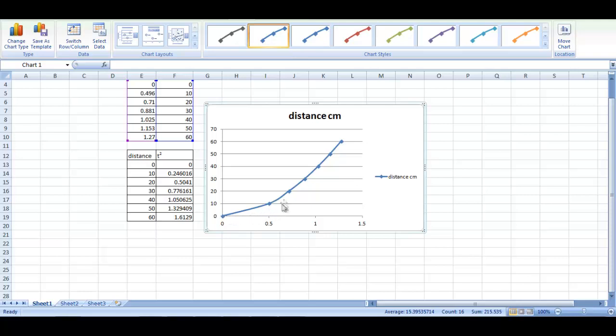It is actually a curve. So from this curve, we can conclude that the motion of the ball on an inclined track is not a uniform motion, because we have already known that